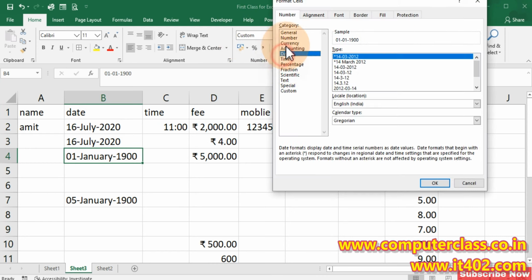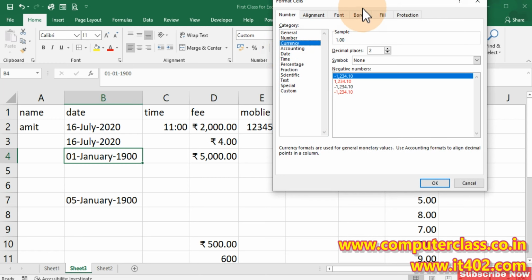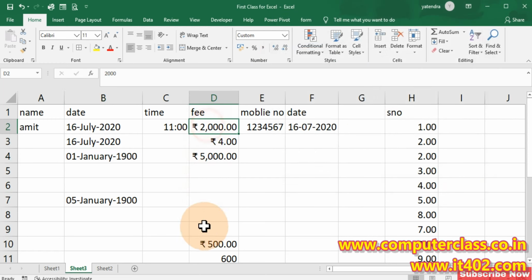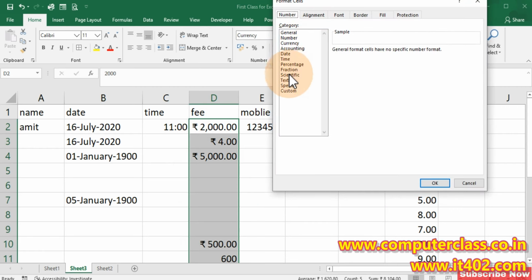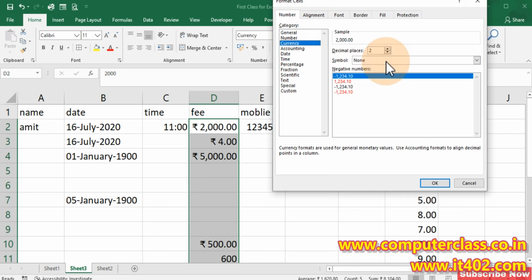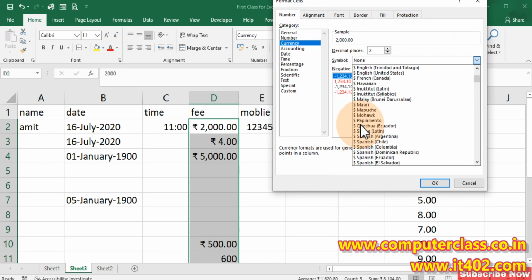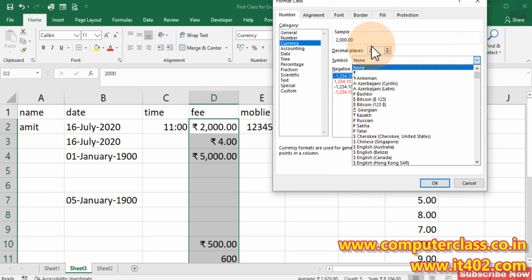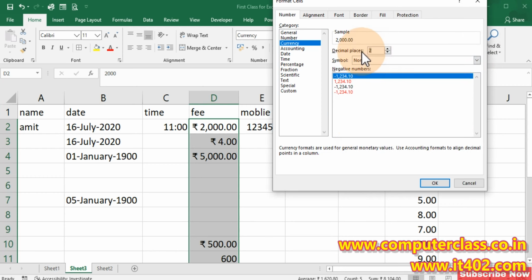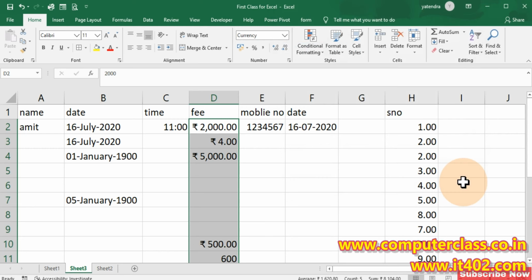Lots of options are there, you need to try them. Suppose you want to change the currency symbol, dollar instead of rupees, so you need to go here and you will find the particular options like Currency. Here are the options. You can choose any of the options which you require. You can also set how many decimal points you want here. So this is the way we can work with number formats. You should practice it again and again, because this is the most important way to design a format professionally.